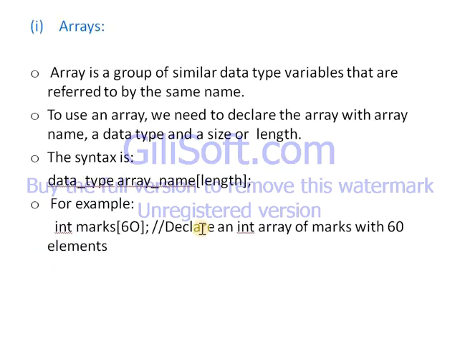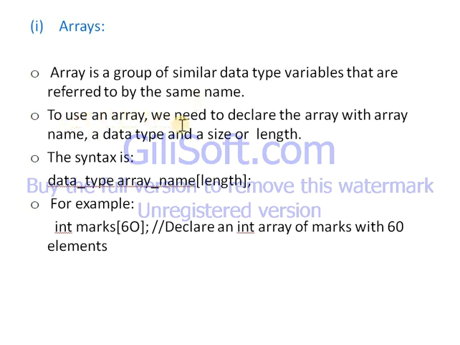Let us see one by one. First is an array. As you already know, an array is a group of similar data type variables that are referred to by the same name. In an array, you can group elements of the same data type together.